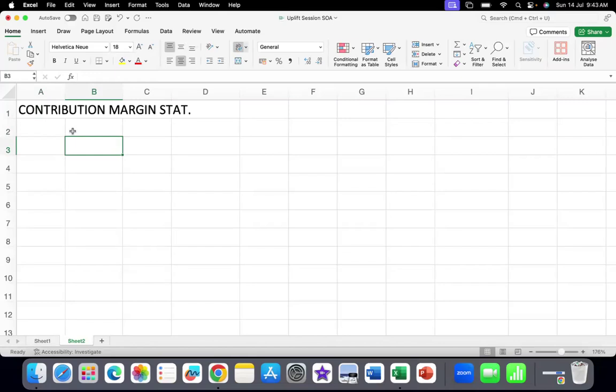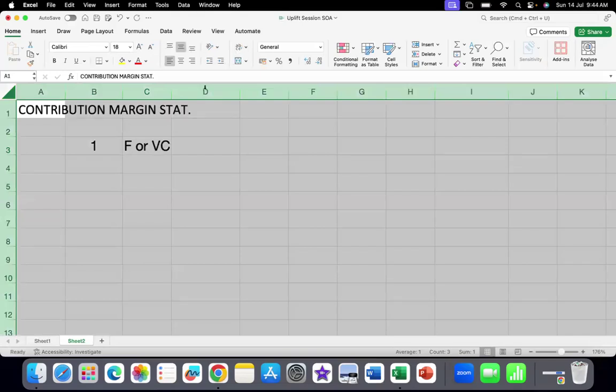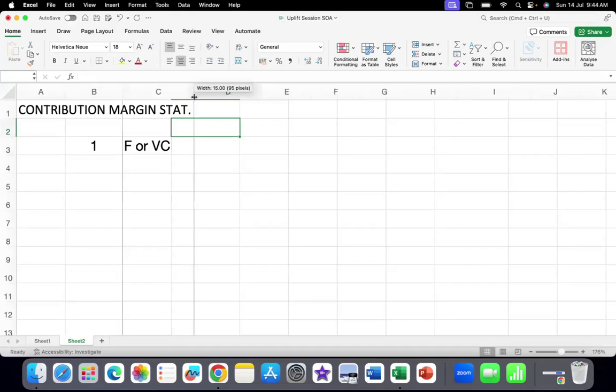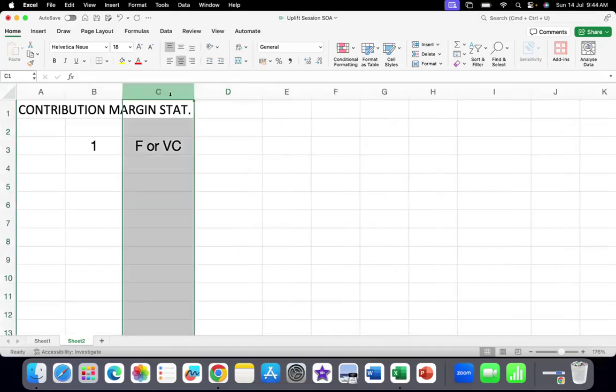So how does this contribution margin work? Before understanding how the contribution margin works, we discussed that there are a few assumptions in this contribution margin statement. The first assumption was all the costs are either fixed cost or variable cost. So there is no semi-fixed cost. There is nothing called semi-fixed cost when it comes to a contribution margin statement. When you make the statement, do we have something called semi-variable cost? Yes, we have. Do we have calculations to bifurcate that? Yes, we have that. But when you're calculating a contribution margin statement, we are not concerned whether the cost is